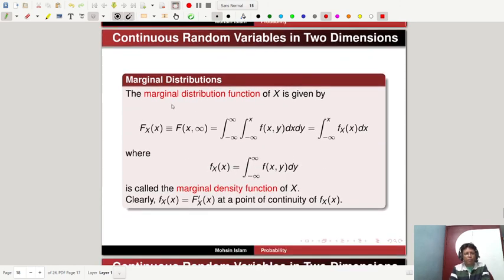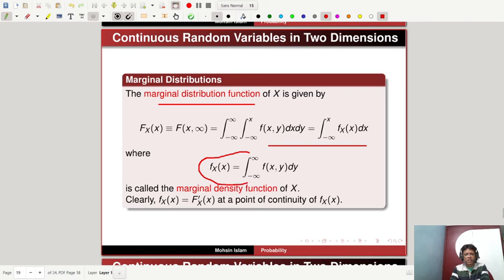Now how will you define the marginal distribution function for a continuous distribution? Already we defined the marginal distribution for a discrete distribution. Now this is the marginal distribution function for a continuous random variable. Here you have an integration sign instead of the summation, and everything else will be the same. And f_X(x) is called the marginal density function of X, where f_X(x) is F'_X(x) at a point of continuity